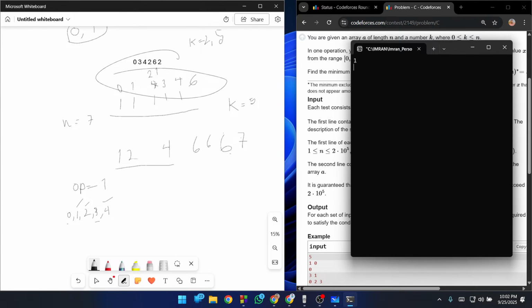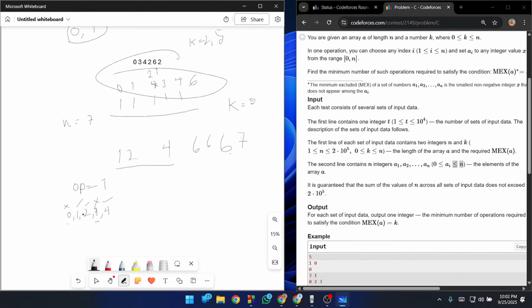What happened? N is 7, k is equal to 5, and then the values 1 2 4 6 6 6 7. Got it. The result is 2, meaning 2 of them are not present in the array, and that means we have to do 2 operations, right? Because